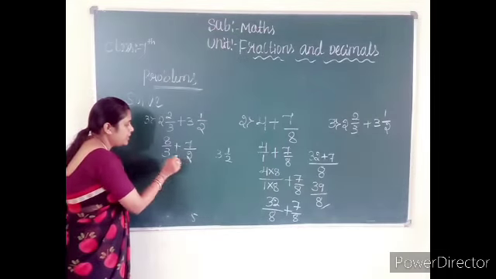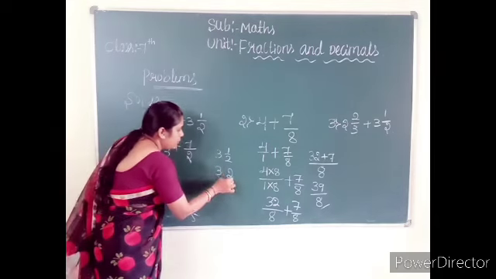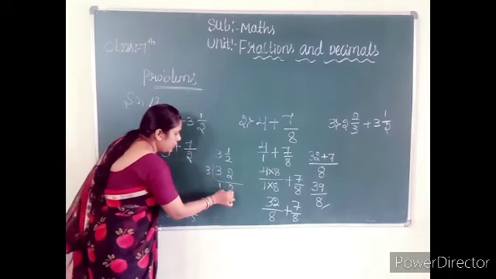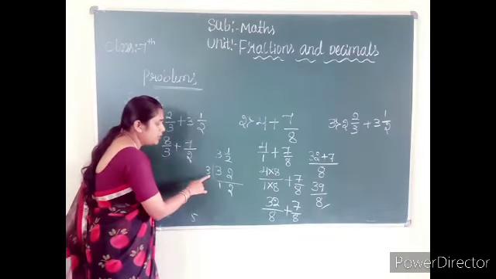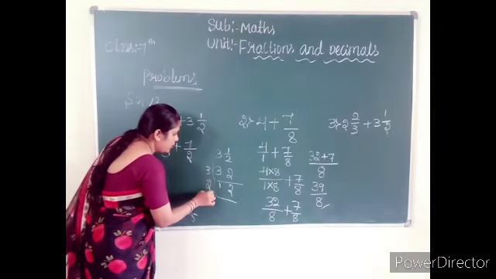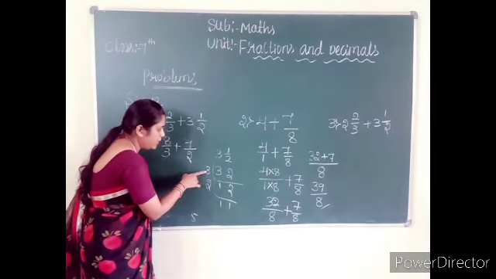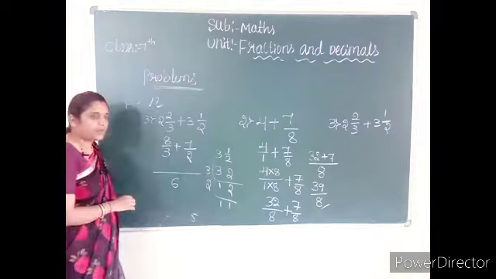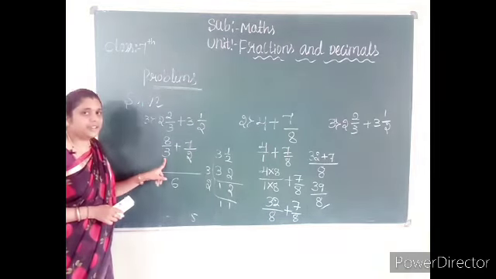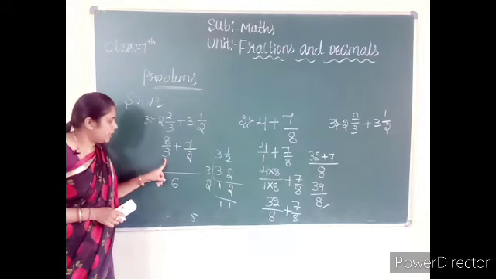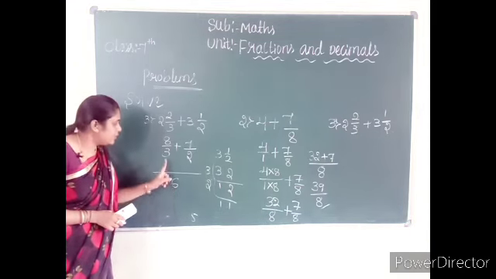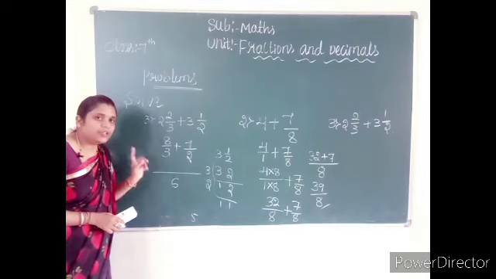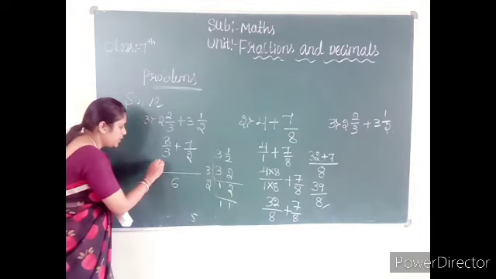So we take down the LCM of 3 and 2. Look here, prime factorization. First we divide by 3, 3 ones are 3, write 2 as it is. So 2 is not divisible by 3. So we write 2, 2 ones are 2. We multiply 3 2s are 6. 6 is the LCM. So look here students, here 3 is a denominator. We divide the LCM by the denominator. 3 2s are 6. The quotient is 2. 2 into 8 is 16.